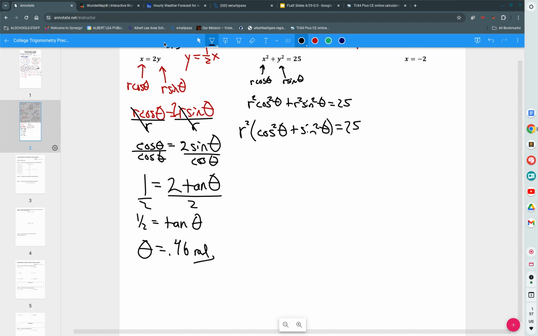Sine squared plus cosine squared is 1, isn't it? Yeah. So this just disappears, doesn't it? It becomes 1. 1 times r squared is r squared. My goal is to solve for r. If r squared is 25, what is r? 5. So no matter what theta is, the radius is always 5, which should make sense that it would be